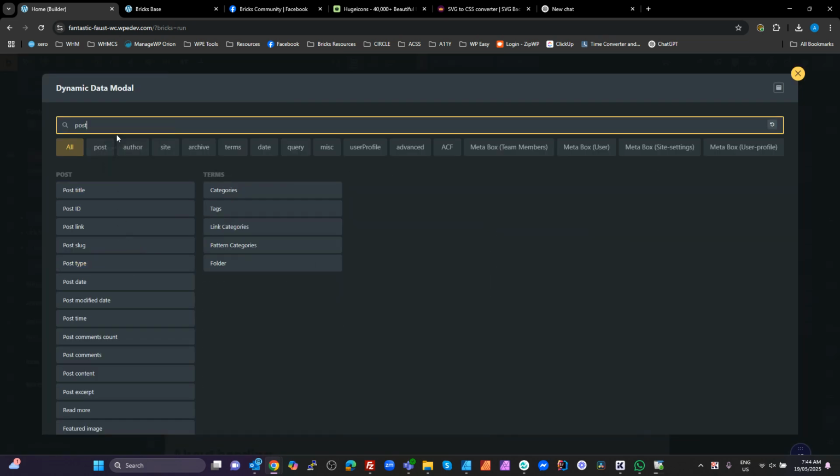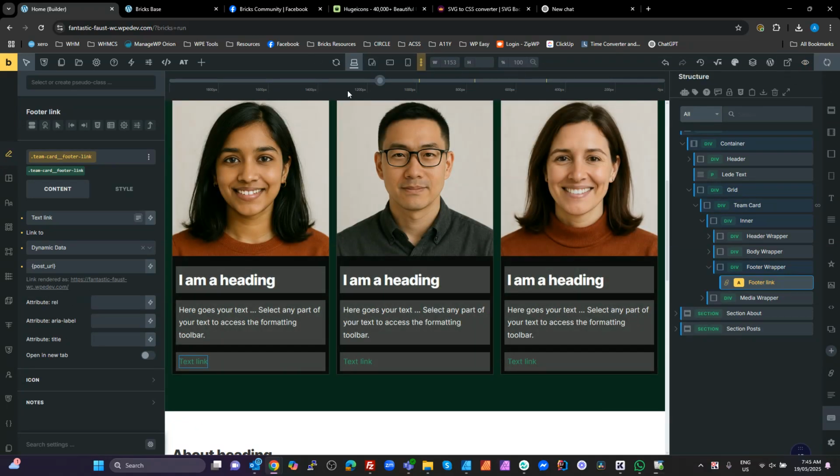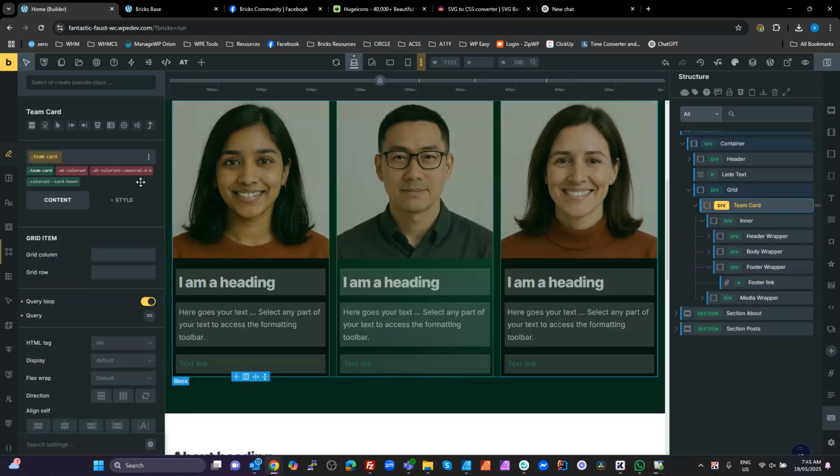And what are we going to do? We're going to set it to the post link. All right. Now, what we've done is we've made these actual links. And in the CSS for the card here,